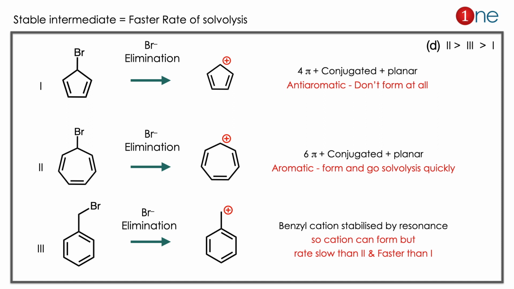If you look at the third one, after the elimination of bromine you will have a cation. The cation can be stabilized by resonance but not as effectively as by aromaticity. So the second will come first, then the third, and the least will be the first one. The answer will clearly be D. The stability order is second, third and first. Here the concepts you have to learn are that a stable intermediate always gives a faster reaction. Second, the influence of aromaticity is higher than resonance.